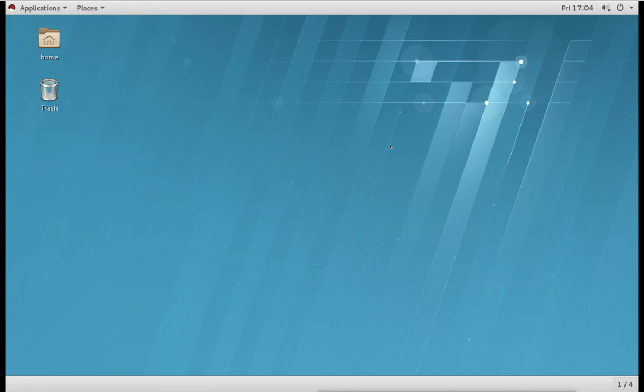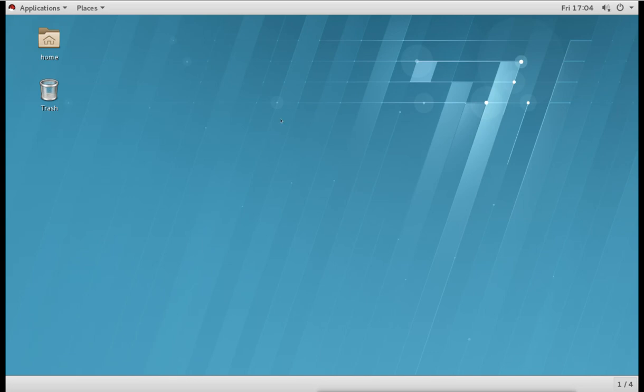Now this is the desktop, and we are logged in as a normal user. Remember, the user which we are logged in as is a normal user. It is not an administrator, but it has some administrator privileges because we created this user account when we were installing the system. So it has the privilege to run administrative tasks, but it is not the default administrator. The default administrator is root, and we are not logged in as root, we are logged in as a normal user account.